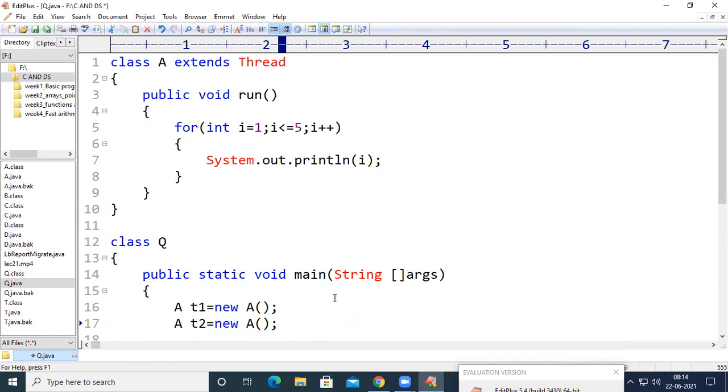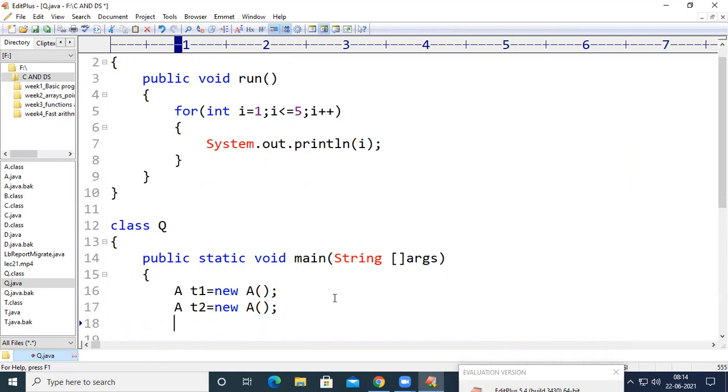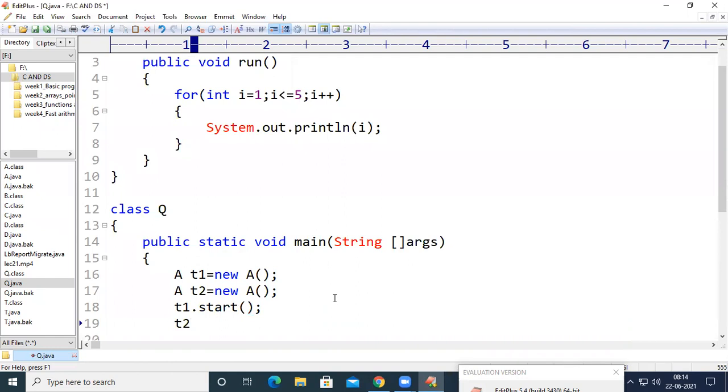Now T1 and T2 are the two threads for the same class. If I want to start executing T1, I can give T1.start, and at the same time, if I want to execute T2, I can give T2.start.